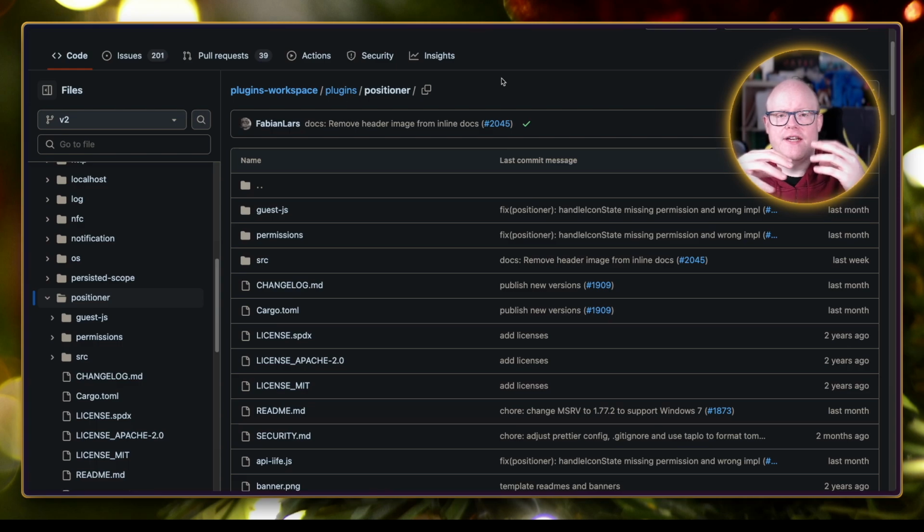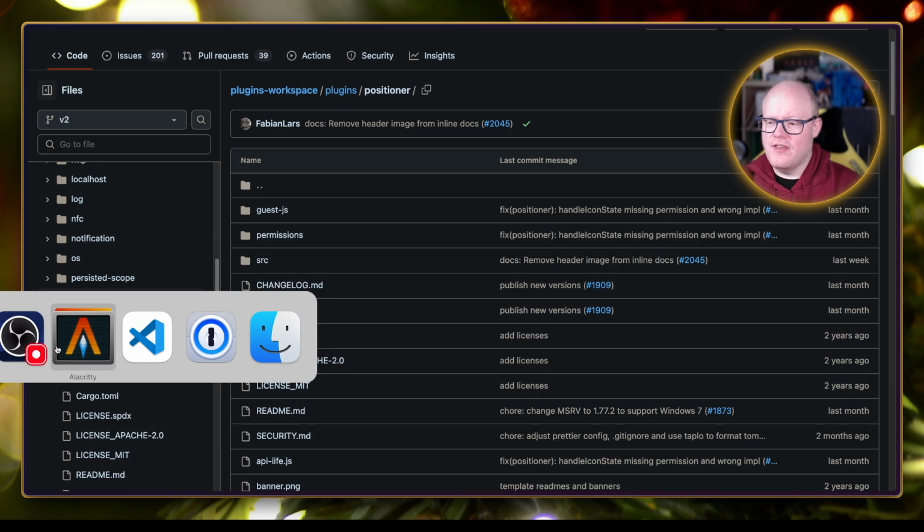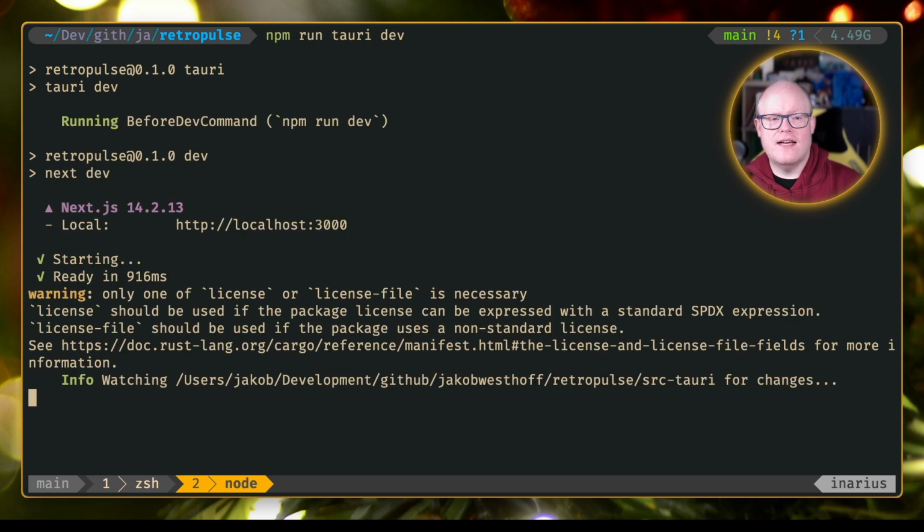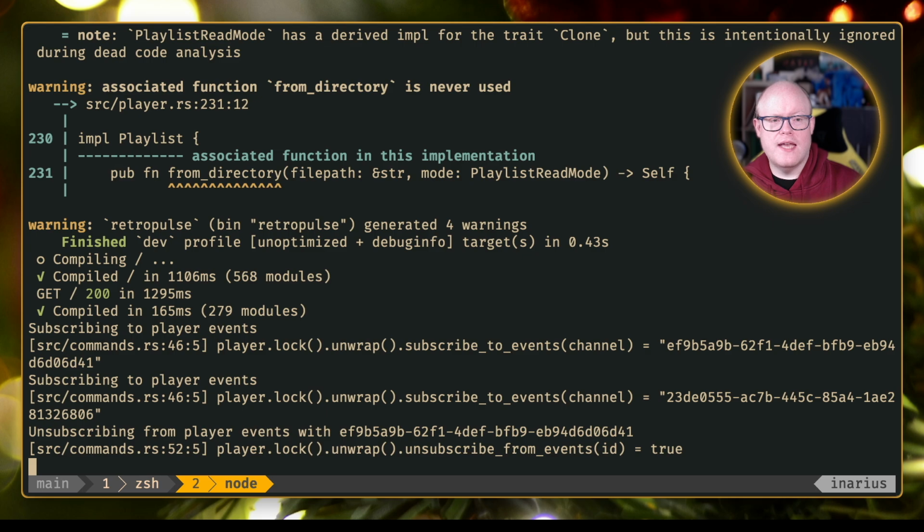A neat possibility of this positioner plugin is that it can actually handle tray icons, or in our case on the Mac here, menu bar icons, menu bar extras they are actually called on macOS as well. So you can do something that we did with our RetroPulse player, which we created in sessions before. I will link them above and below in the description, where we created this Tauri dev, this simple mod player,